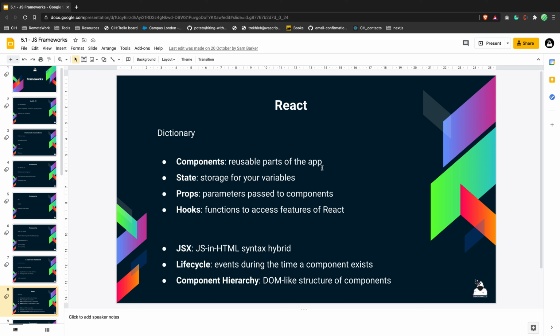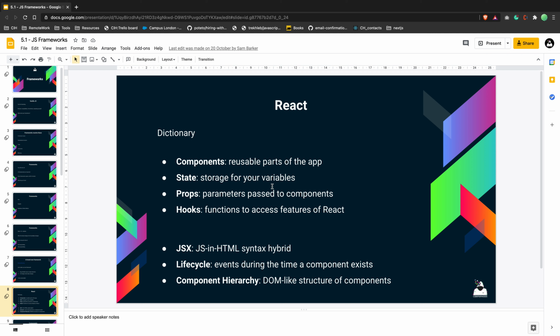Each component can have state or can be stateless, so it depends on the component. I'll show you a few examples, but you need to know about the state. If you want to save data on the component, we have state for that. And it's not that simple, but we will talk about that.